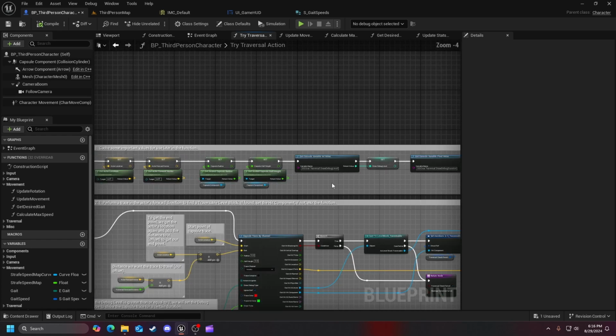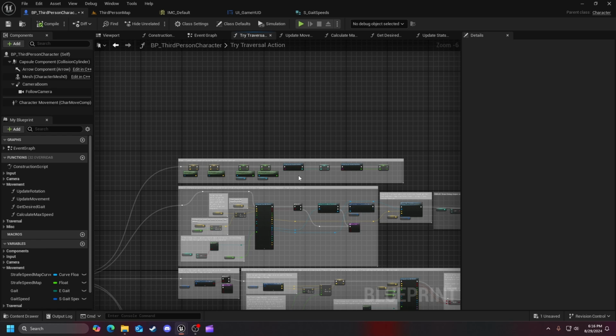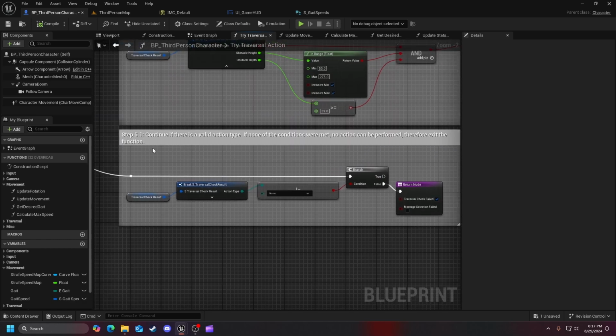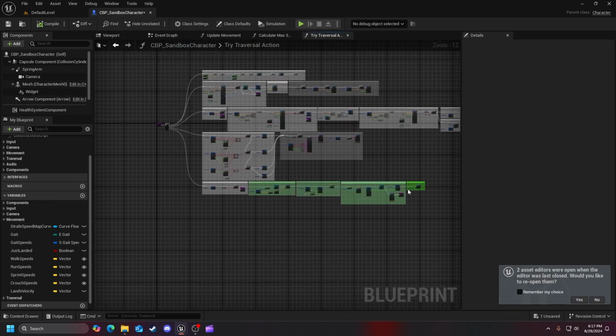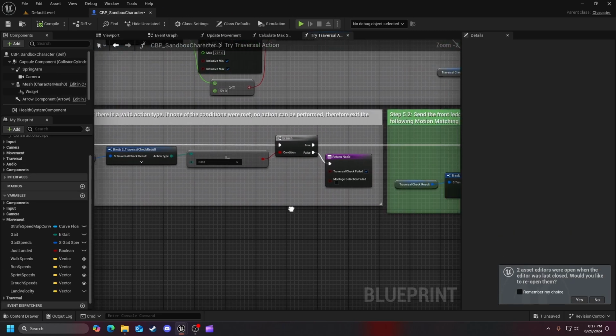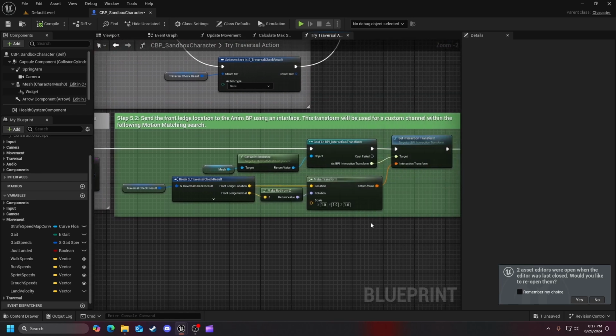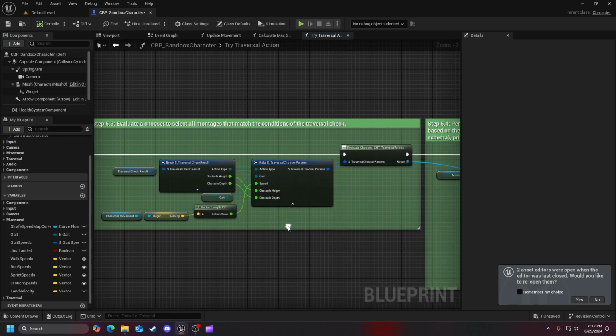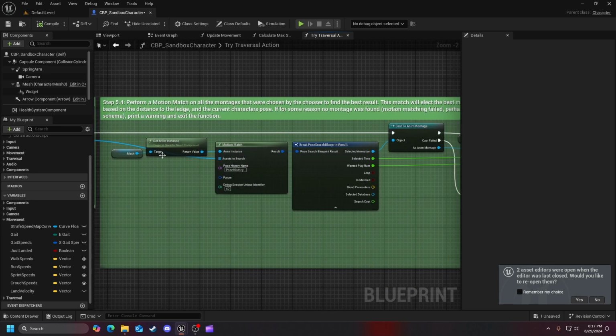So what I am going to end up doing is in the coming videos with the traversal action, as we get that set up, unfortunately I don't have the animations for them. It's probably going to be a while before I get the animations, but I will end up getting you to this part right here. Step 5.1. Because as shown in here, our step 5.1 is here, and then it continues off to getting our animation instances and setting our interactions, and then doing our chooser table to get the traversal animations,